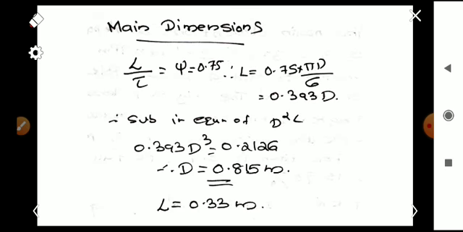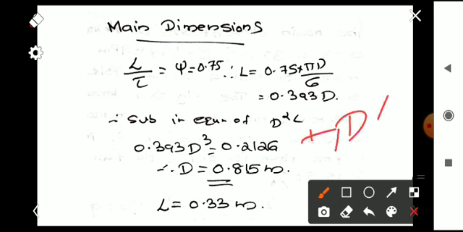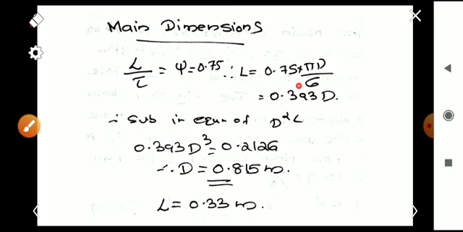And after that we have to find the main dimensions. We know that L by tau, that is psi value, is 0.75. Here we are assuming that it is a square pole face machine, that's why L by tau is 0.75, and L is equal to 0.75 into tau, where tau is pi d by P. So here P is equal to 6, so pi d by 6, and we will get L is equal to